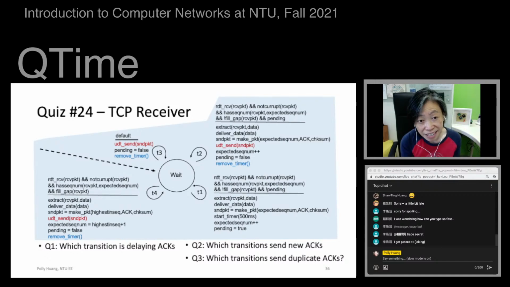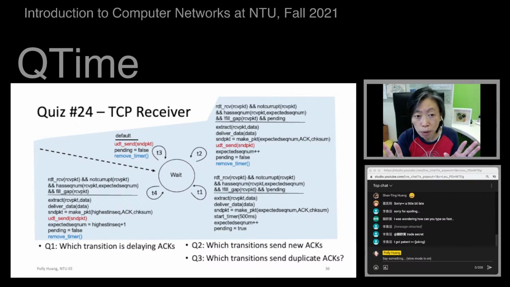And we send the acknowledgement immediately. Increment the sequence number, reset pending to false, and remove the timer. Yeah, you guys are right. That's event number 4. I actually forgot. I think it's event number 4, right? The case where we fill in a gap. So T3 is still a mystery.